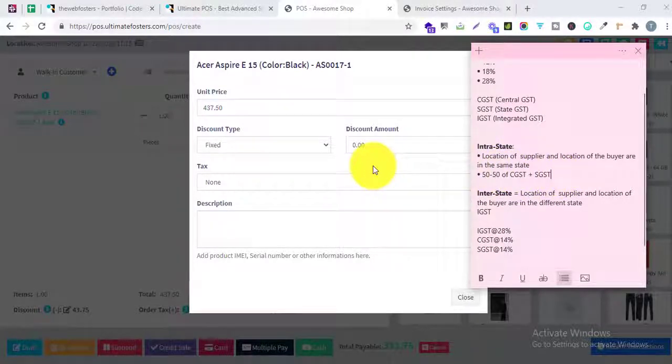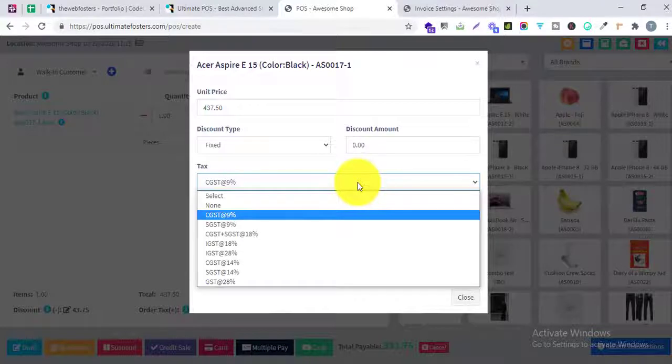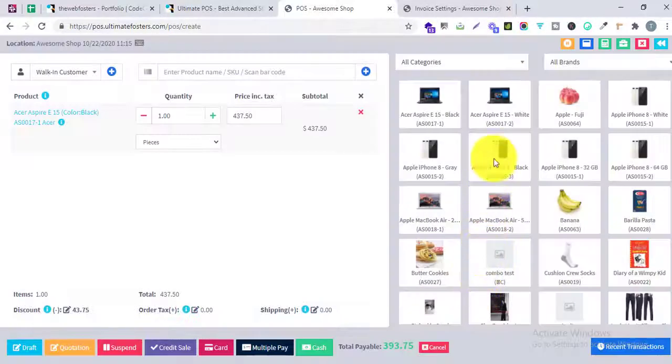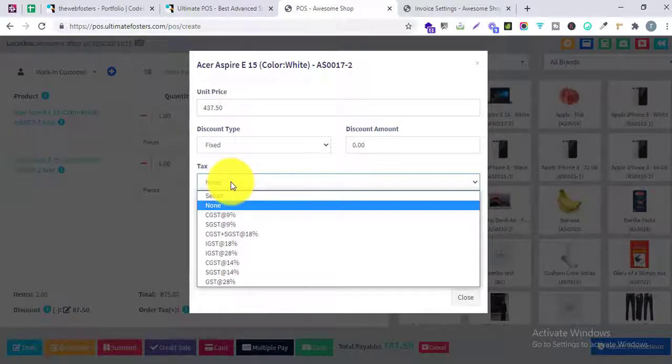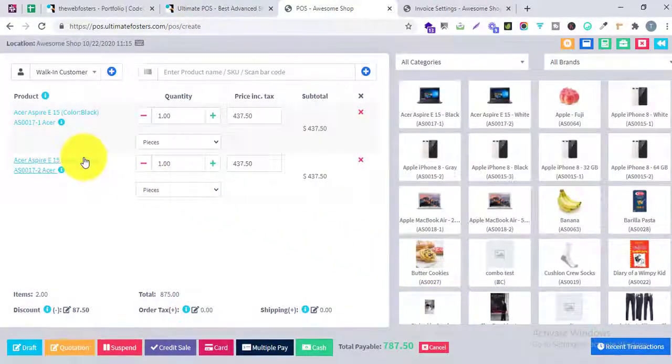So let us consider we are selling to a customer who is in the same state. I will select GST at the rate of 28%, and I will click on close. I will add another product and select GST at the rate of 28% for this one also, and save it.